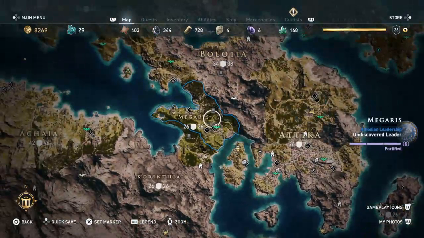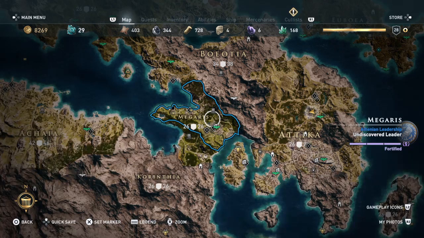So, unfortunately, they didn't integrate this mechanic into the storyline, the functionality, super well. So you are a mercenary, like a sellsword. On one hand, it makes sense that you can fight for either side, but on the other hand, there's very little weight to who is in control beyond, for example, if you help Sparta take control of Megaris, which is what you're supposed to do with the story,